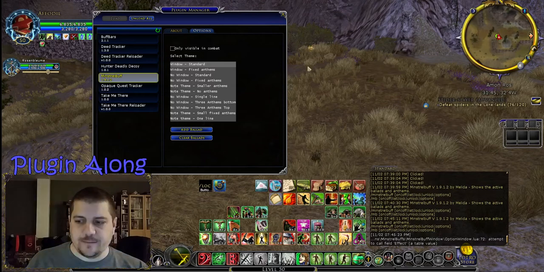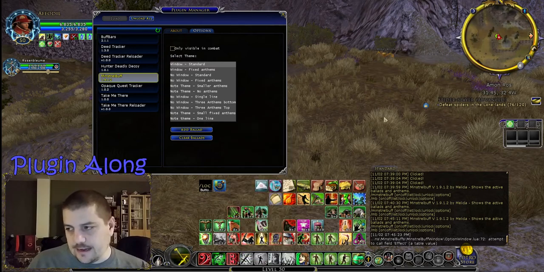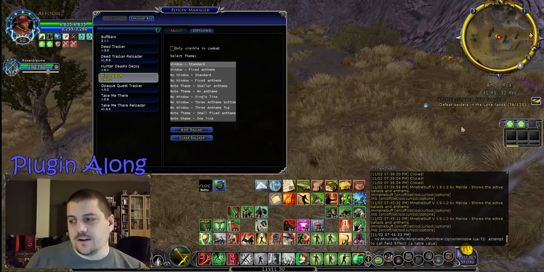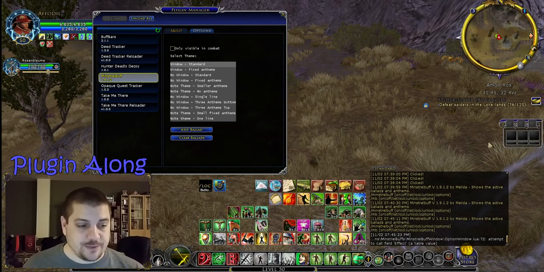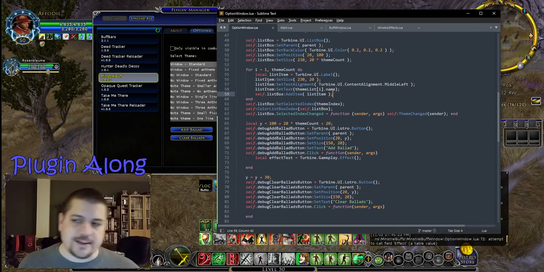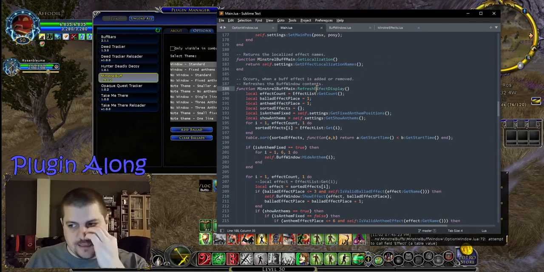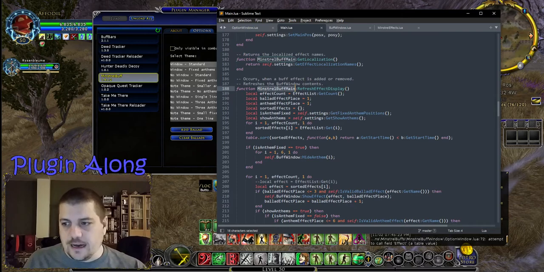It's easy enough for me to make a ballad. I can just use a major ballad here, and I don't even have to be in combat. So the trick that I'm really looking for is pretending like those ballads have disappeared. So let's focus on that instead, and then circle back onto arbitrarily creating the ballads with the click of a button. So in refresh effect display,